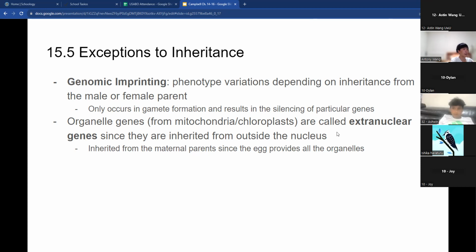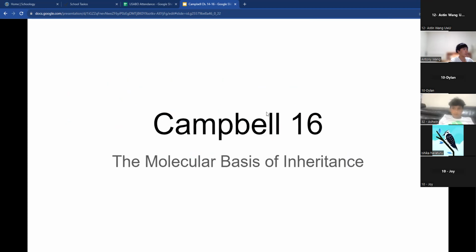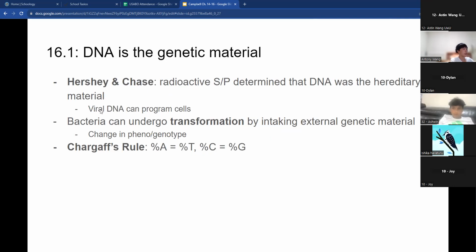One disease that's caused by mitochondrial genes, ragged red fiber. Campbell 16, the molecular basis of inheritance. Okay. Here, Hershey and Chase, they used radioactive sulfur and phosphorus to determine that DNA was a hereditary material. Basically, they just showed that